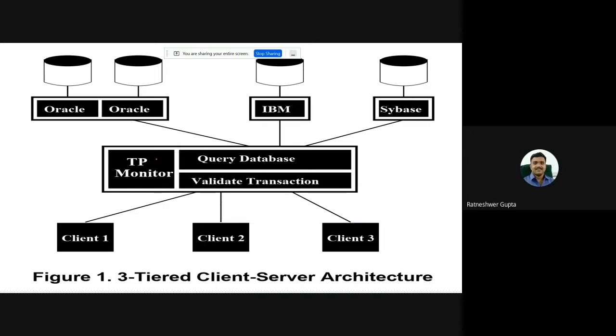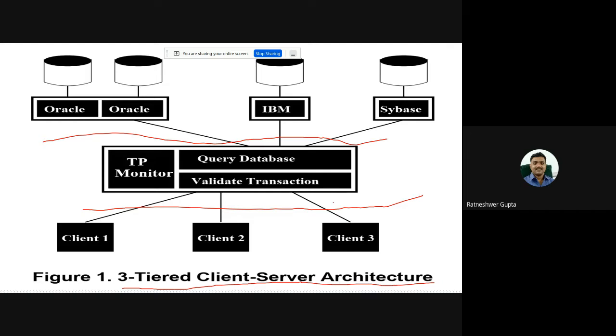Okay, now this is an example of an architecture. This architecture is known as the three-tiered client-server architecture. Here we talk about the property of modifiability: if we develop the architecture, it should be modifiable, meaning we can make modifications in the system. This is an example of a modifiable architecture, where the whole set of components is divided into three layers.